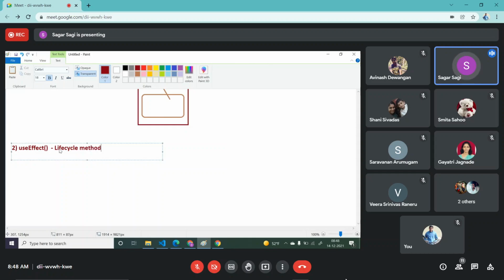And that too, it can handle only 3 life cycle methods, not more than that. Only 3 life cycle methods. Now, what are the 3 life cycle methods? One is your componentDidMount.